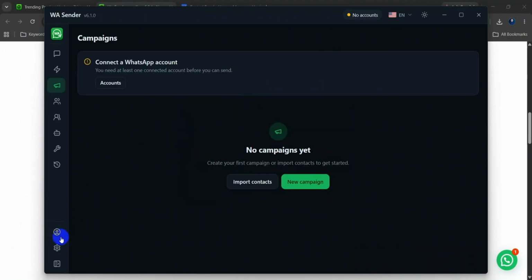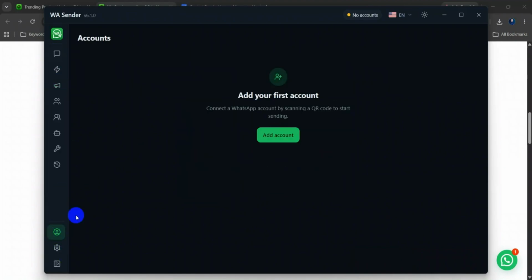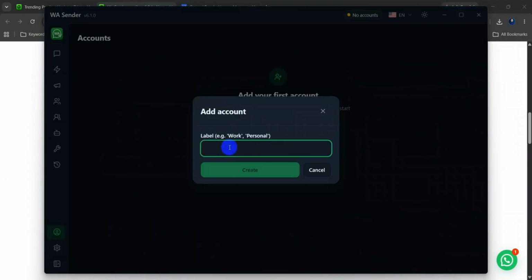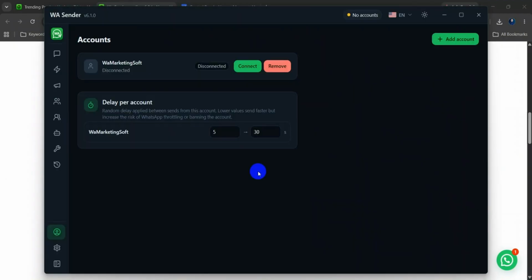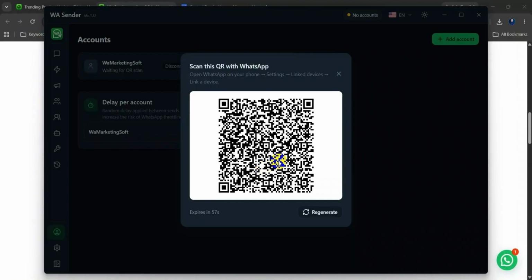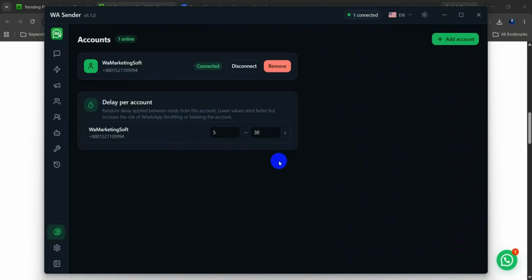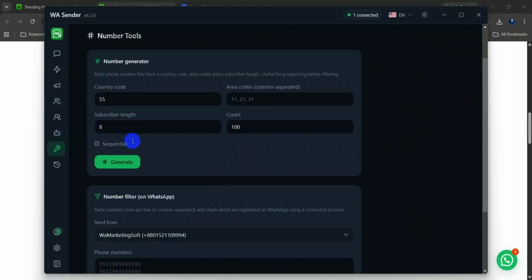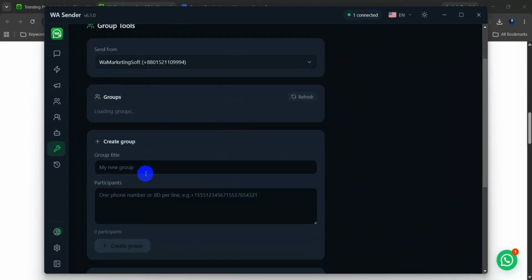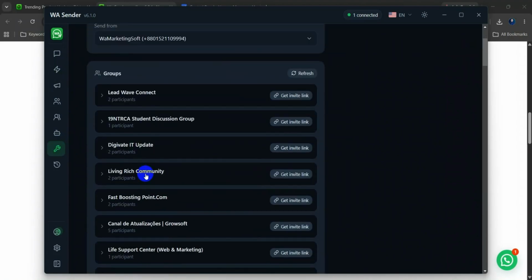So now I will add my account. Here you can add unlimited accounts. Now I scan the QR code from my mobile phone. You can use multiple accounts, and you can do live chat. Okay, already added. And from the option you can do number generate, group grab, and